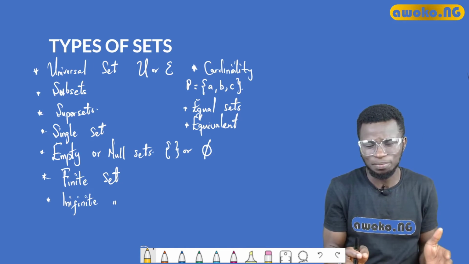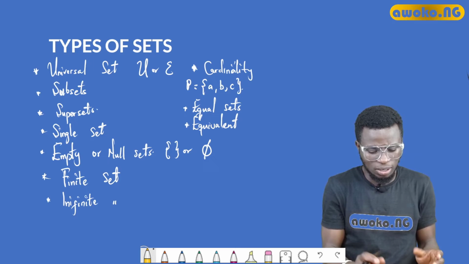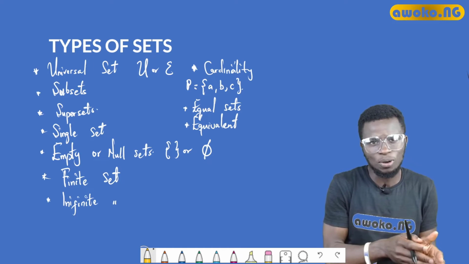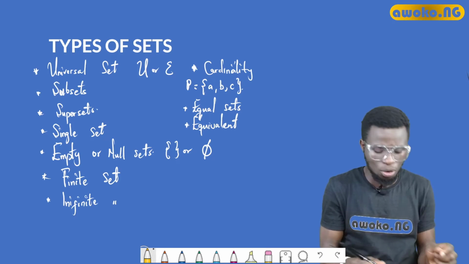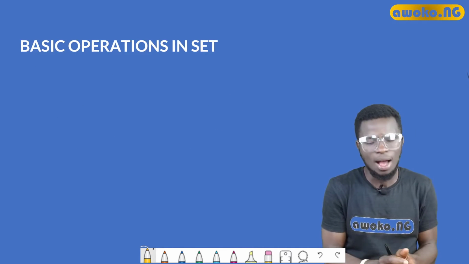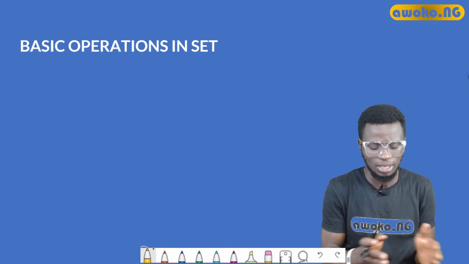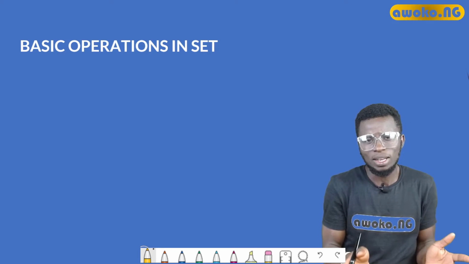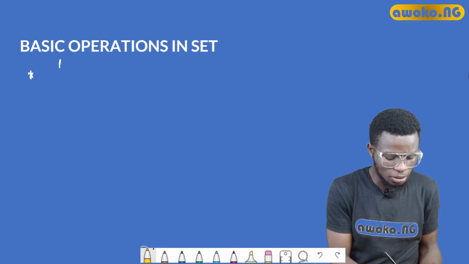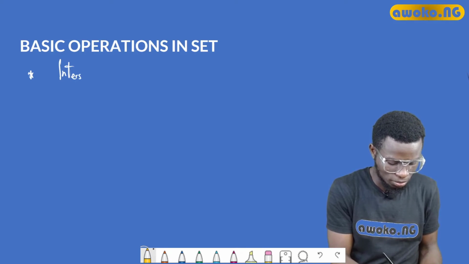Equivalent sets. So I'm sure with this we have a broader understanding of the types of sets that we have. So this will take us to the next concept that we're going to discuss, which are the basic operations in set. What are the basic operations in set? The first one I would like you to know is the intersection